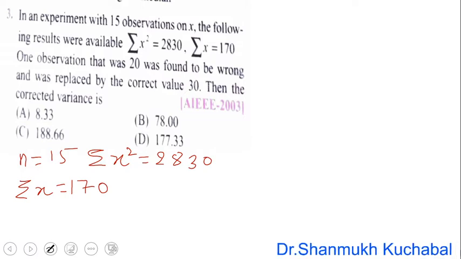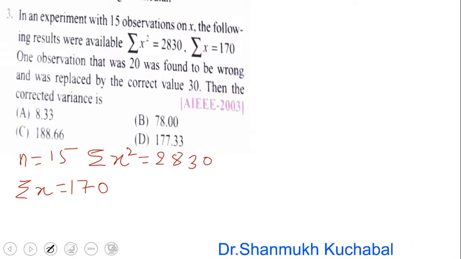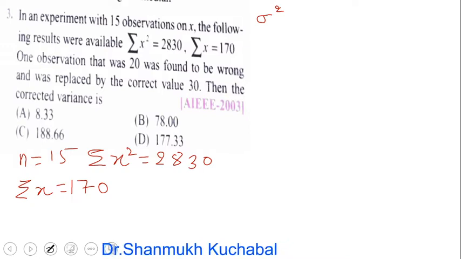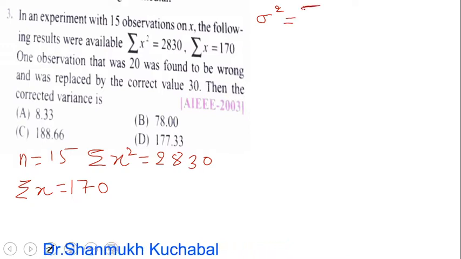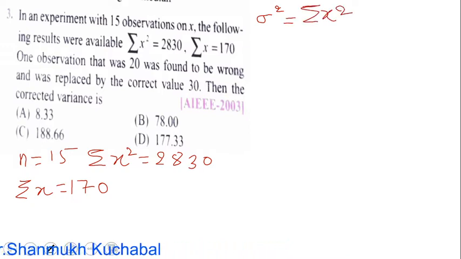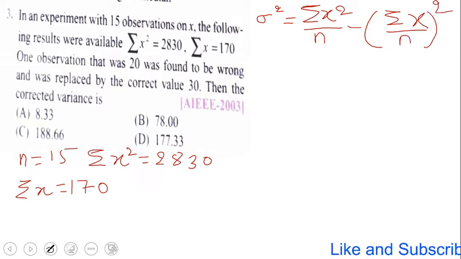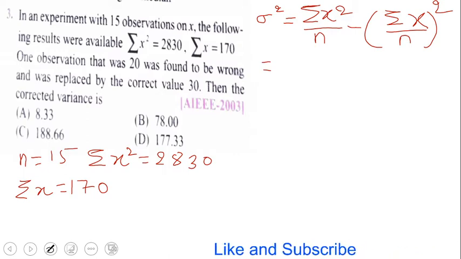Then we need the corresponding variance. The variance formula is sigma square equals summation of x square divided by n minus (summation x divided by n) whole square. So further, sigma square equals summation x square,